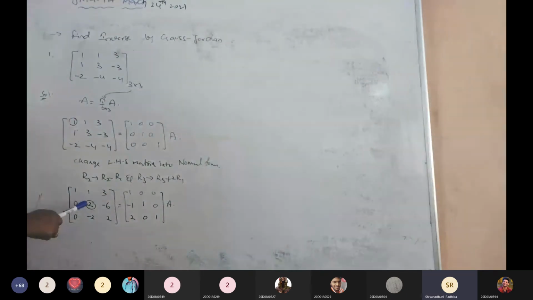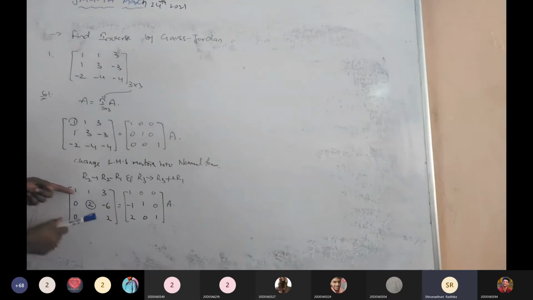Now, by using this pivotal, all of you listen carefully. By using this pivotal, change this element. So far we completed. Now by using this, change this element also, above and below, at a time. Okay, step 1 is completed right now. In step 1, by using this, these two elements were completed. Then go for step 2. What is step 2? The second row, second element is the pivotal. By using this pivotal, change the above element and below element into zeros using only the row operations.